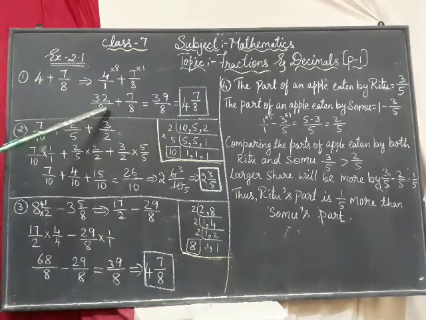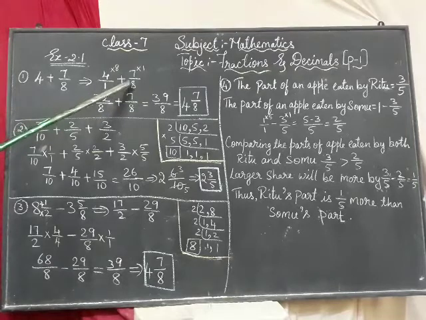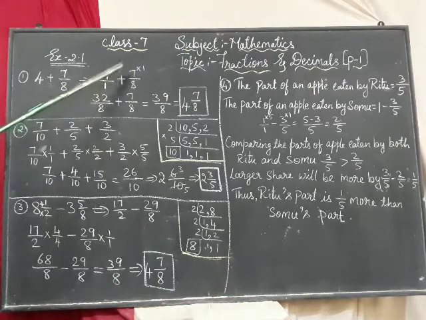Unlike fractions has to be changed into like fractions. For that, what we will do, we will take the LCM of these two numbers, 8 and 1. So 1 is a multiple of 8 there. 1 8s are 8. Therefore, I will not do the LCM part because already we know that, right? Easy numbers we will not go. So I'll multiply this number with 8 and the other side with the 1. That is cross you can take. This denominator with the other numerator and from here to this.